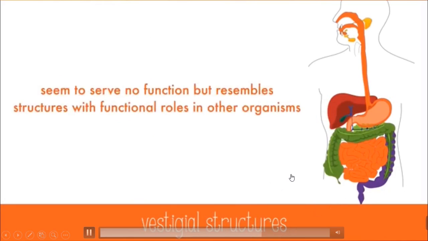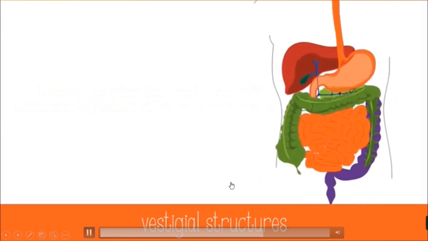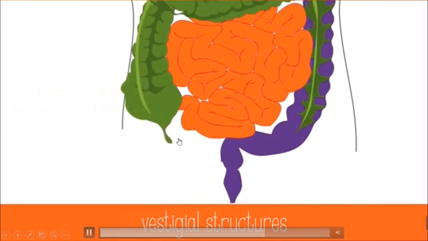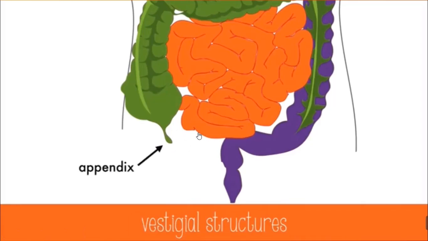Some vestigial organs are present in our body. There are many vestigial organs. One example is the appendix. The appendix is an example of a vestigial organ. Normally it is well developed in ruminants, such as cow, goat, etc. So in herbivorous animals, the appendix is well developed. This is one example of the evidences for evolution.